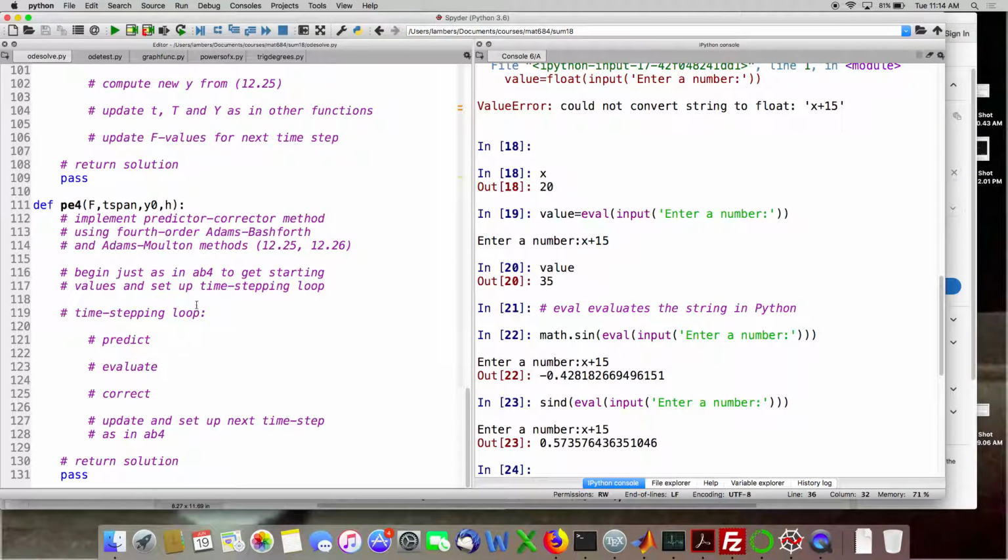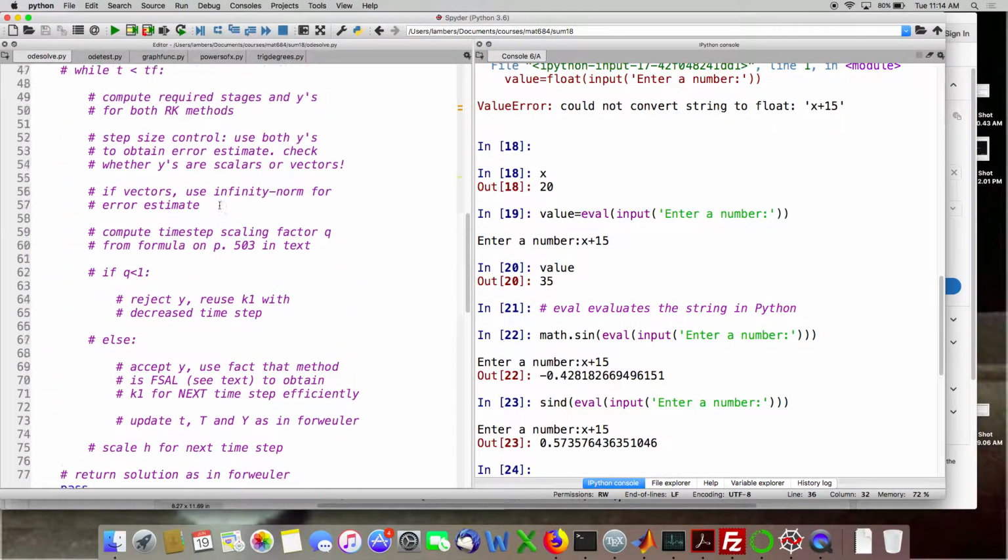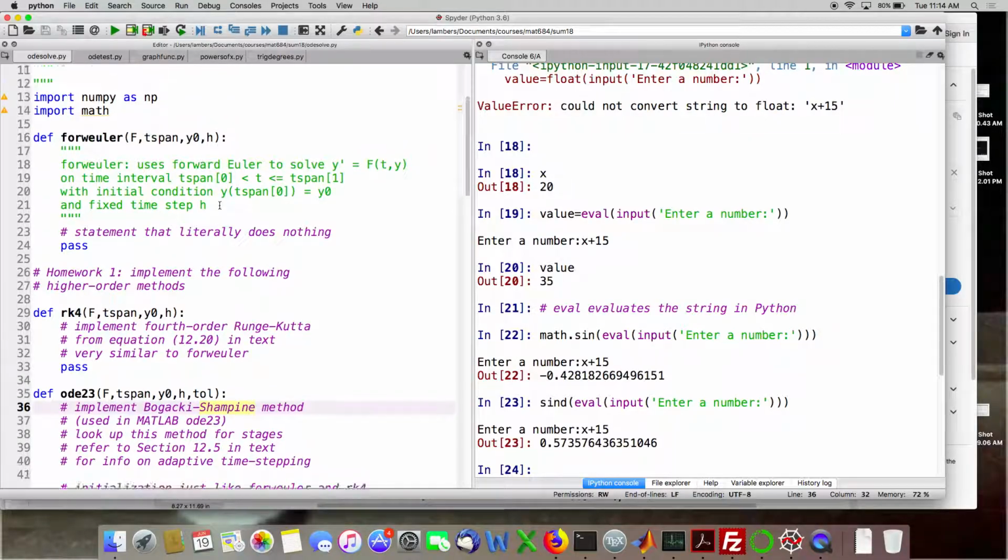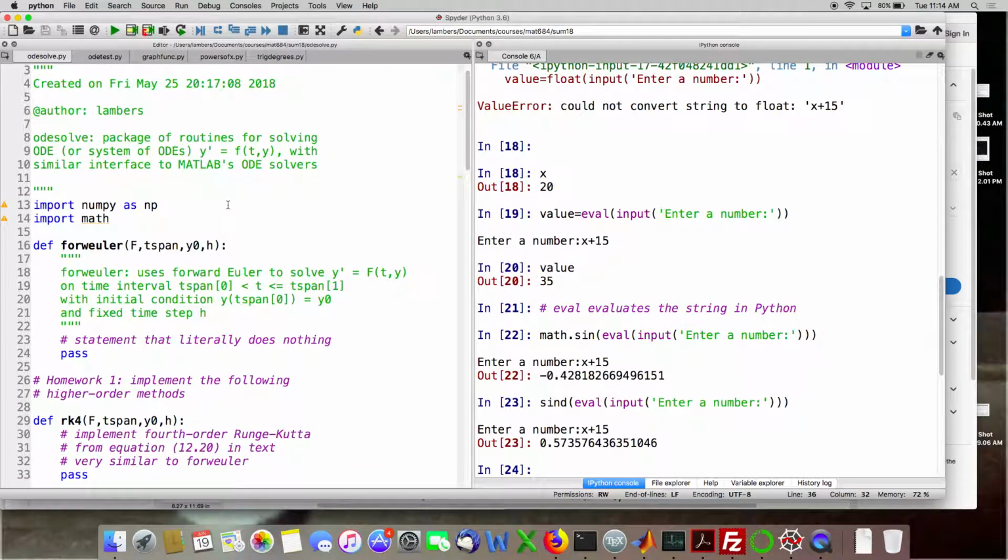Now the multi-step methods in this assignment are not adaptive. There's only one adaptive method that's basically implementing ODE 2.3. You can make multi-step methods adaptive, but we won't get into that here. So these are the 1, 2, 3, 4 methods to implement, and then I have a second file here,